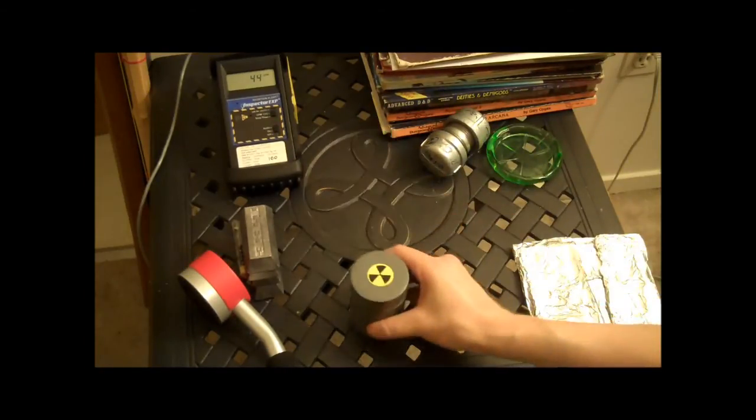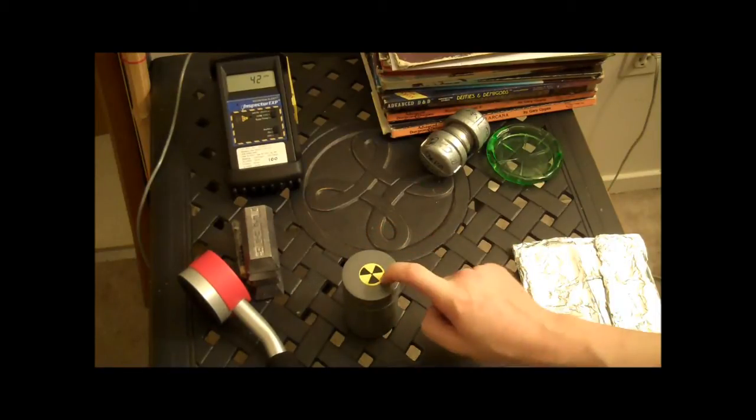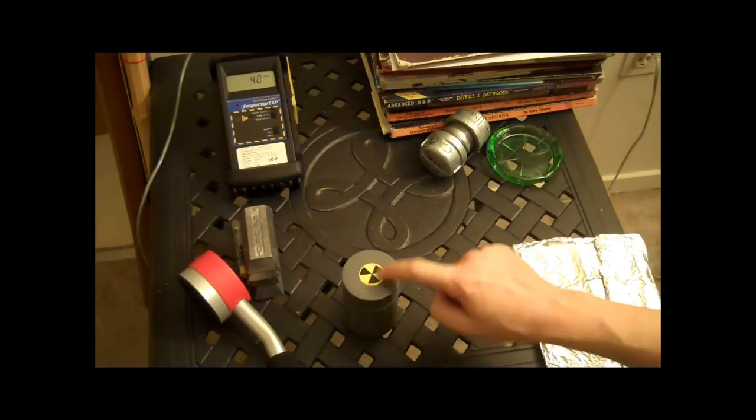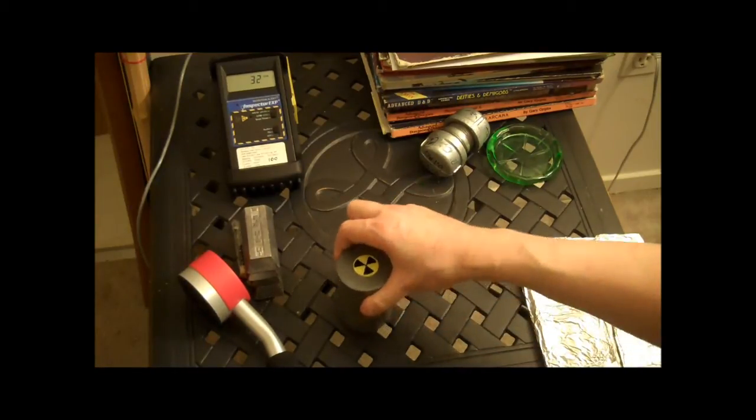Now you get into gamma emitters. Whenever you have something significantly powerful, you should mark it as what it is. This is not a very good sticker, but it's what I have. I have, what is this? Let me pull the top off. I think this is about a 1/2 inch of lead. And inside